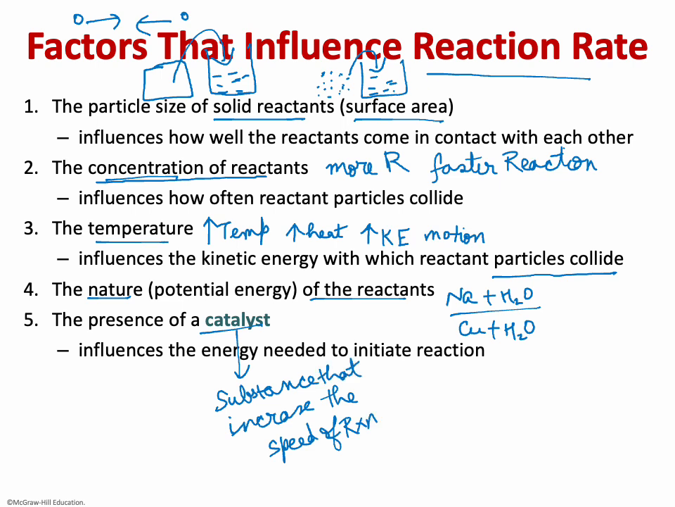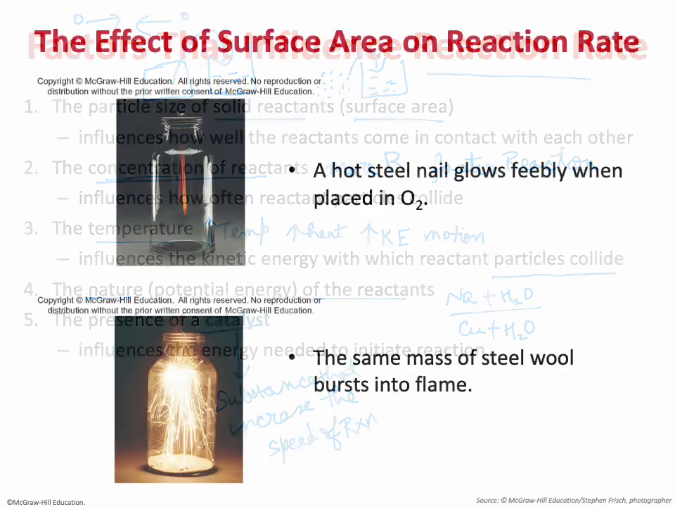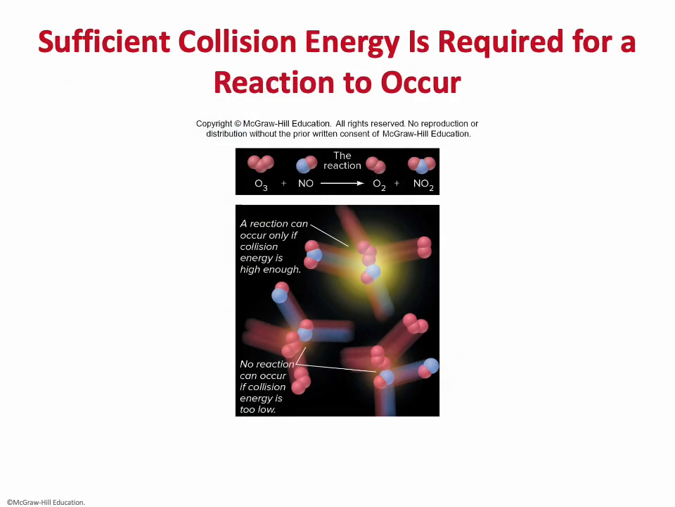That is just the definition of a catalyst. So that just means if you have a catalyst present, it will increase the speed of the reaction. How and why, we'll talk about that later on. For example, this slide is showing you that sufficient collision energy is required for a reaction to occur, which simply